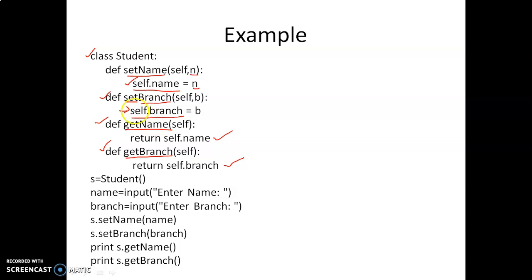So using these set methods and get methods, we can assign values to the variables and retrieve values from the variables. Here we are creating an object for the Student class, taking input for the name and branch, setting the name variable and branch variable, and printing the values.